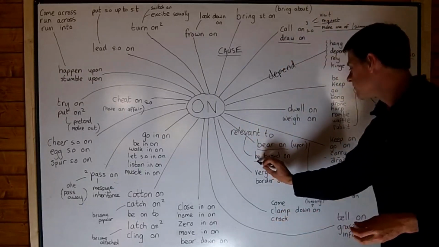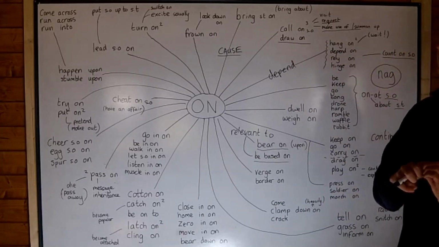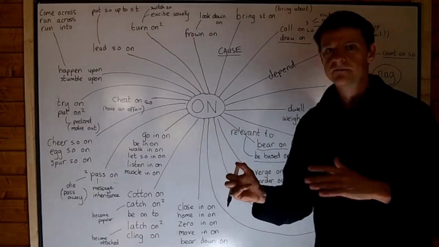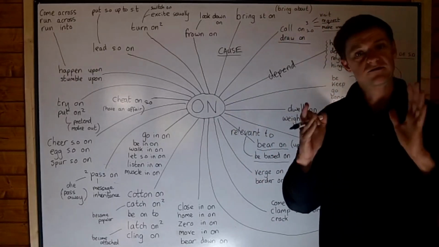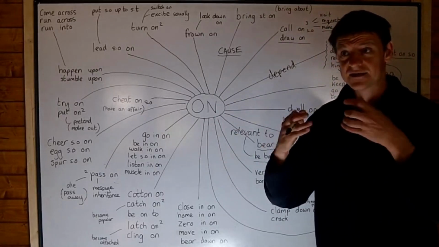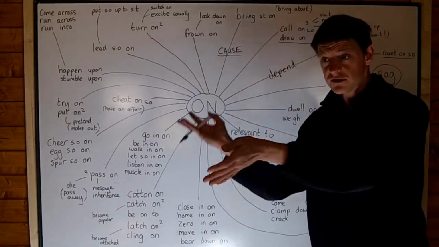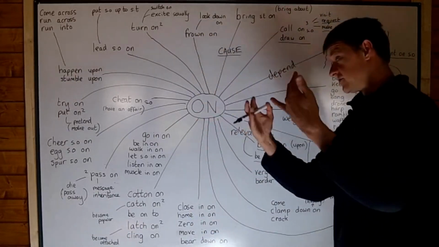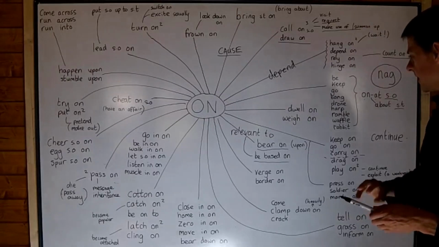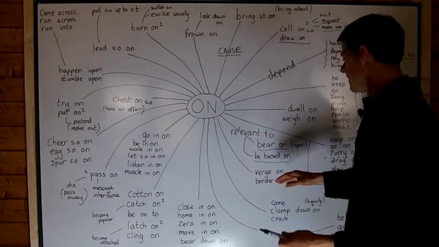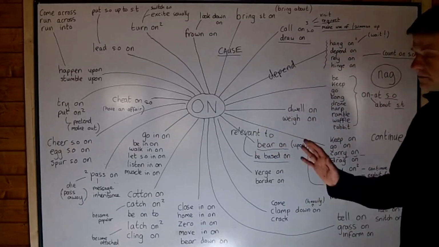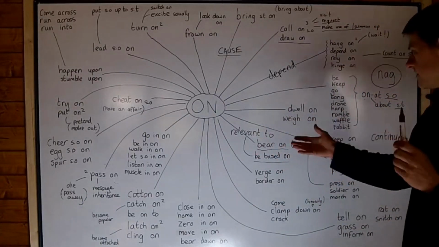And that's why I've put it with be based on. If you say the book is based on the film, clearly it means that the film was made first and then the book was based on it. It takes the same structure as the film. Usually it's the opposite. Usually the film is based on the book. But I thought both of those were about connecting things together, and so I put them together. But you may not see the similarity there,